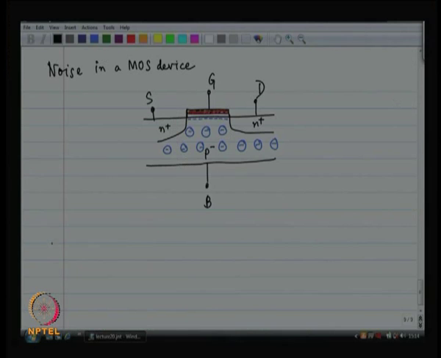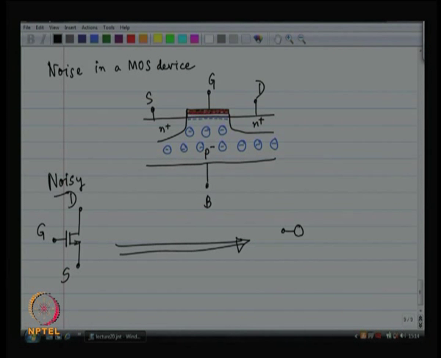So, if this is a noisy MOSFET, okay, the model for a noisy MOSFET is, first of all, you have got some gate noise, okay, and then you have got the noiseless MOSFET, and in shunt with the channel of the noiseless MOSFET, there is